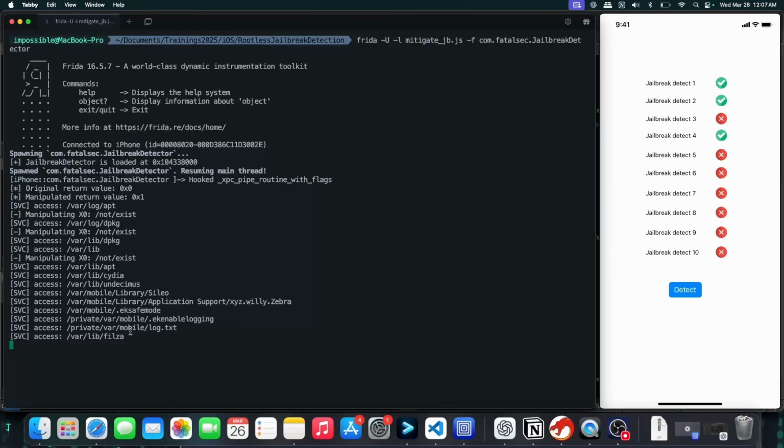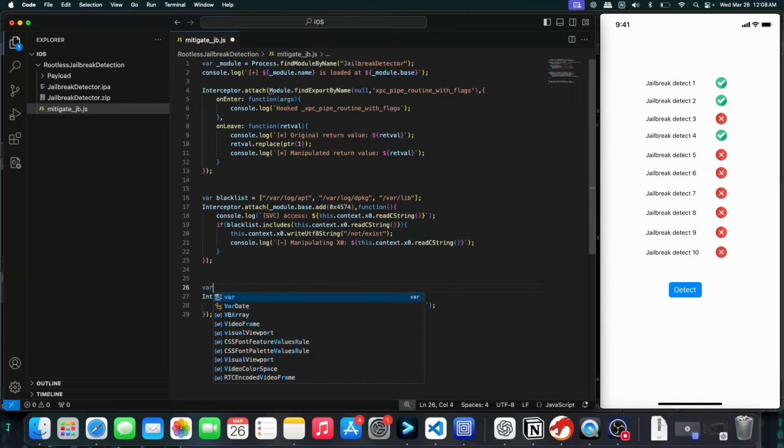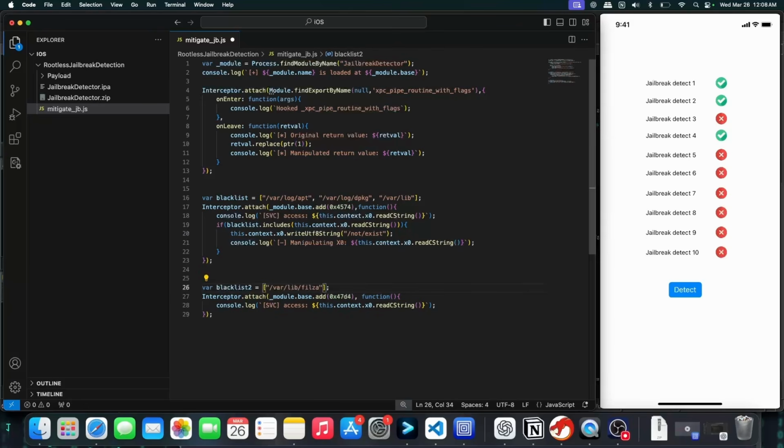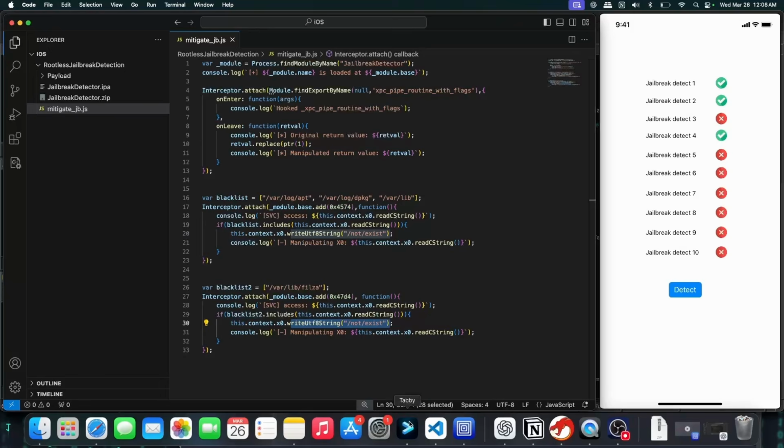So let's add this file path in a new blacklist variable for this hook. Let's create a new blacklist, let's say blacklist 2, and add this path over here, and we can again use the same logic. So let's just copy and paste this. Instead of blacklist, it's going to be blacklist 2 now, and that's it. So again we are checking which file path is being accessed by this svc instruction, and if it's present in our blacklist array, we will simply modify its path to a non-existing path, and that should help us in mitigating this detection. So let's go back